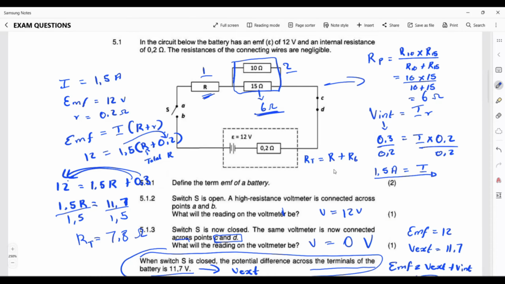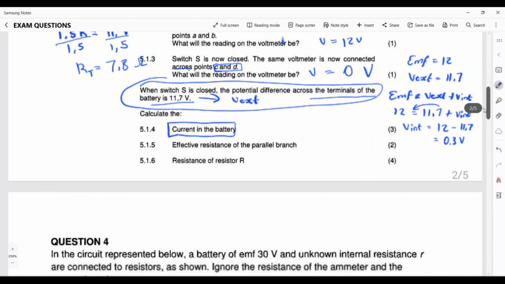So what is my total? My total is 7.8. And what is my R? I don't know. And that one is 6. So I'm simply going to take 6 to the other side, and it's going to be 7.8 minus 6. What is the value that I get? 1.8. 1.8 ohms, as simple as that. So that's the value that you get. Now in that case, you have got the value of